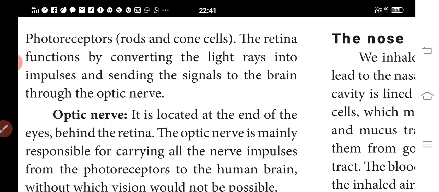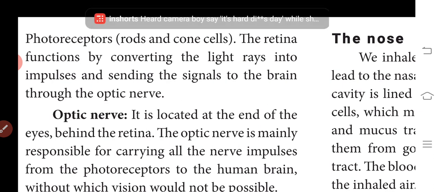The optic nerves and the retinal blood vessels leave the eye slightly below the posterior pole, which is devoid of photoreceptors. Hence it is called the blind spot. The small depression present in the center of the yellow spot is called the fovea, and it contains only cone cells.